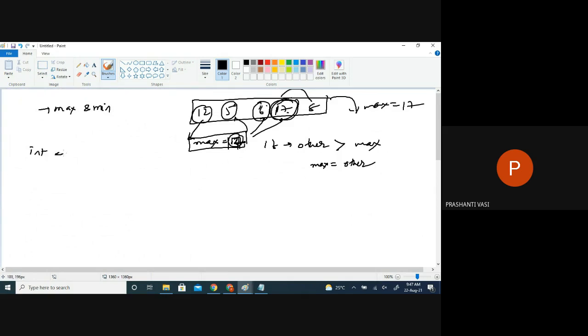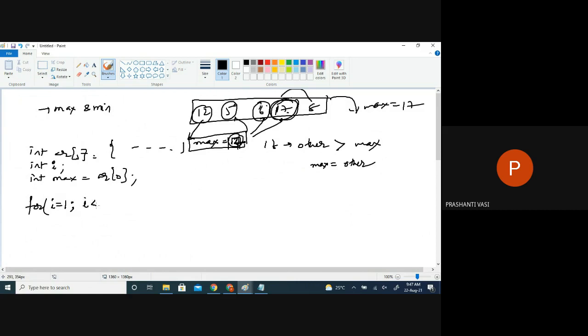So what is the logic for this? Whatever array you had, you can have some elements in the array. That is up to you. You can take whatever you like. Now, we have to take the current assumption as the current max would be which number? First number, AR of 0. And we have to traverse on the remaining elements. Remaining elements from which index? From 1 to size. So check in the other elements other than the 0th element.